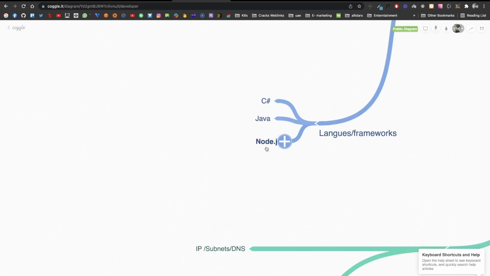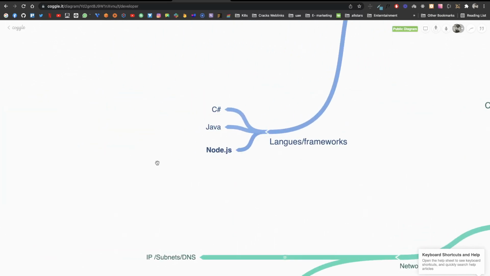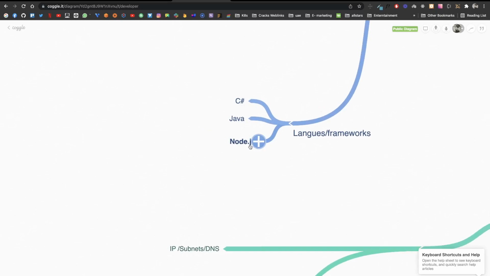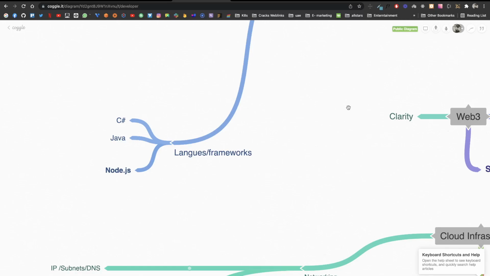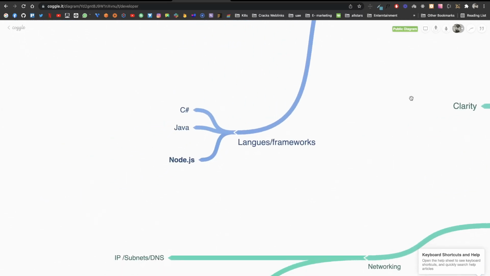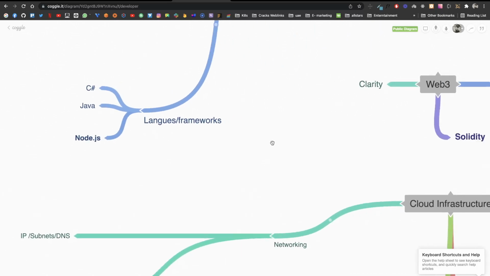So I would recommend going with Node.js instead of C Sharp or Java, because Node.js is much better in terms of what the future holds, because this is what is being used, guys. It's modular, it's scalable, and it's not single threaded. To be honest, you can make it multi-threaded. So this is something you would encounter when you start working on this, so go for Node.js.